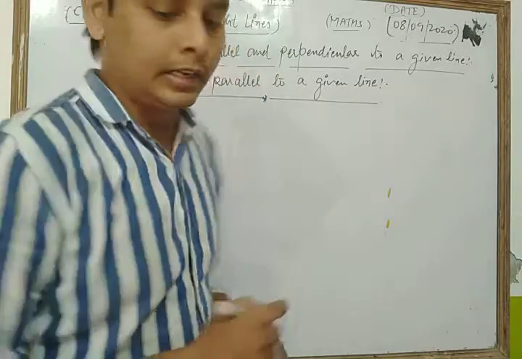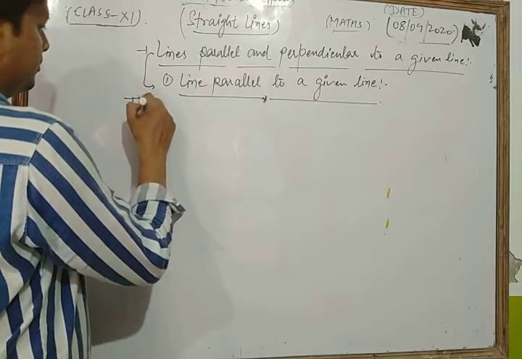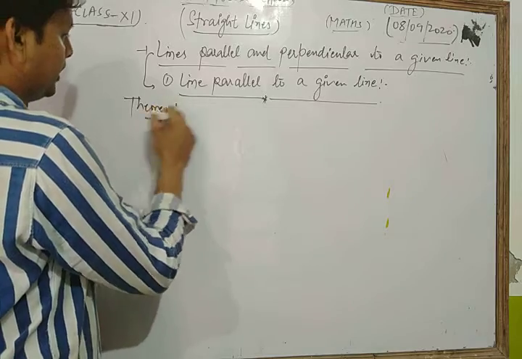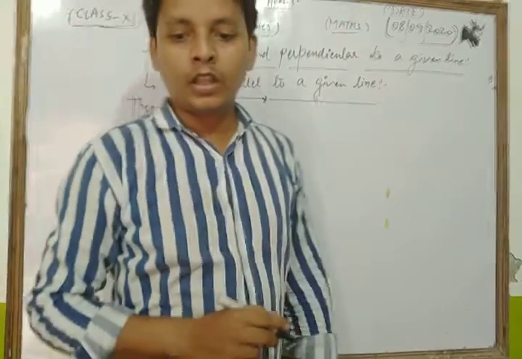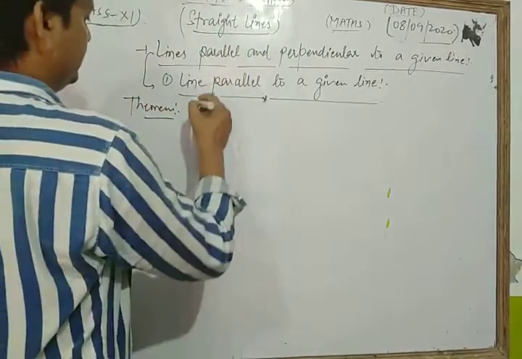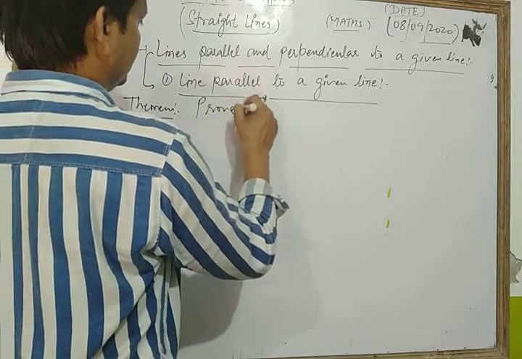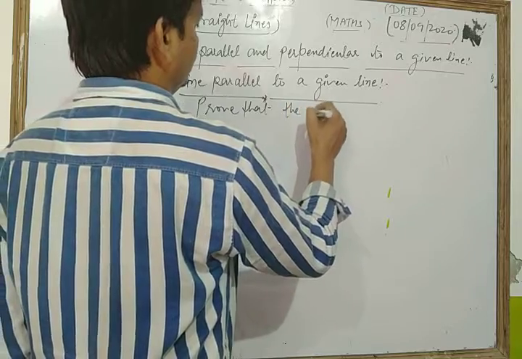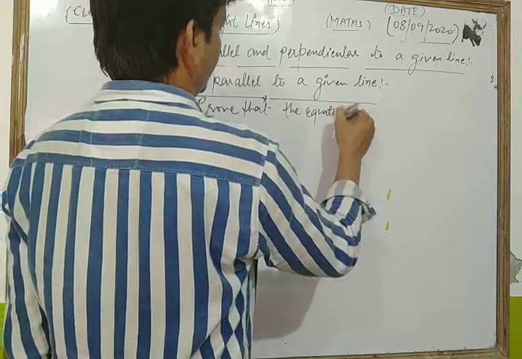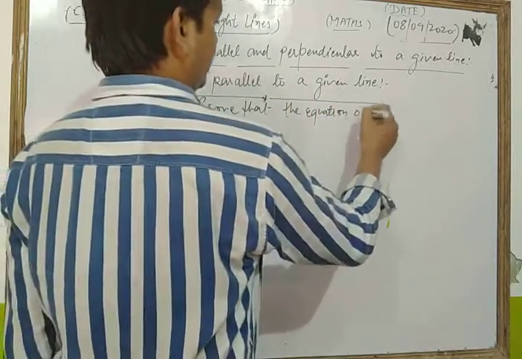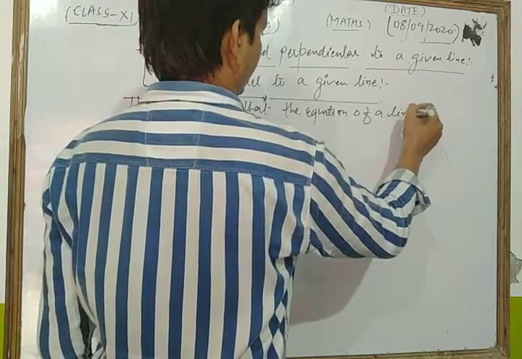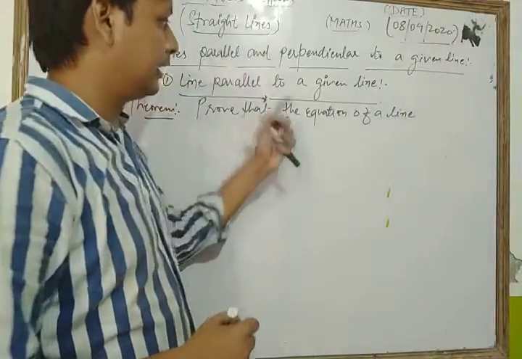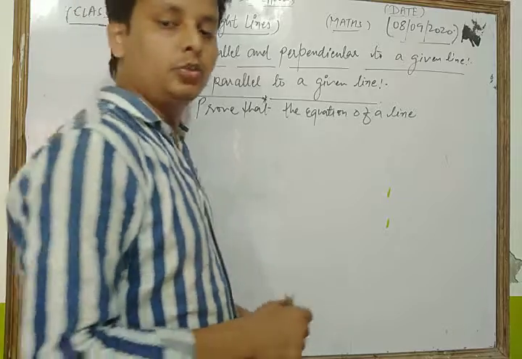Let's see a theorem based on that topic, and the theorem is: prove that the equation of a line parallel to a given line